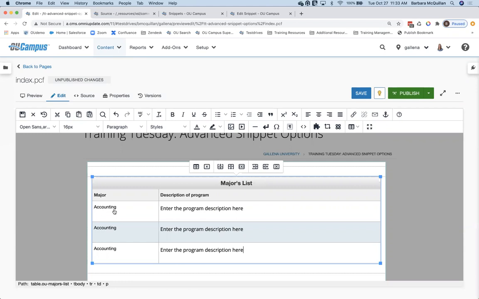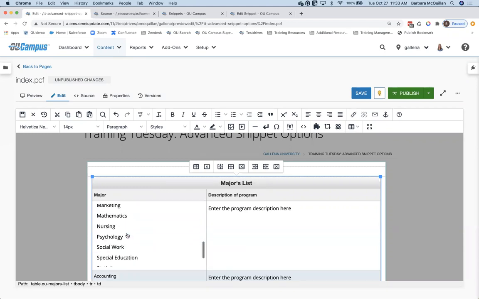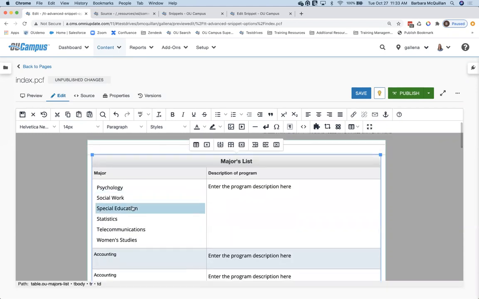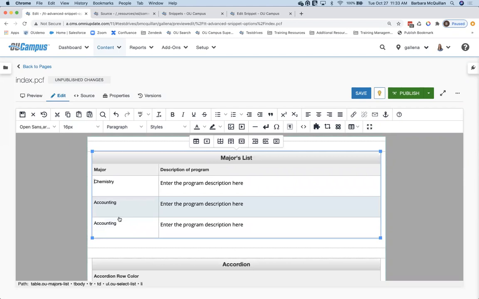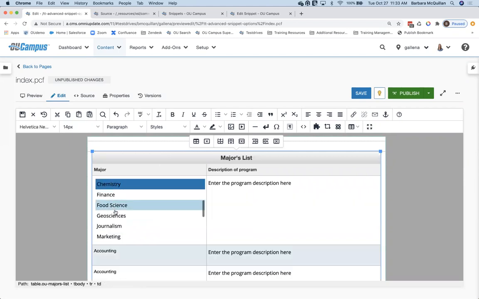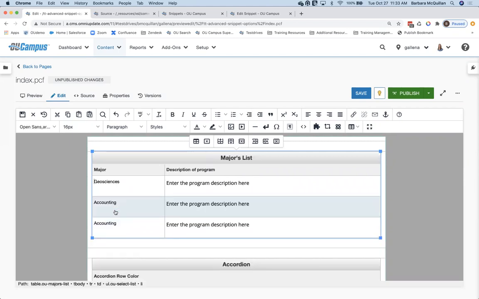So rather than relying upon my content editors to type out each one of those majors and make sure the spelling is right and all the rest of it, each one of these is a list. So I know that I'm going to have everything populated correctly with the correct information in here. This is not manually typed out inside that particular snippet.